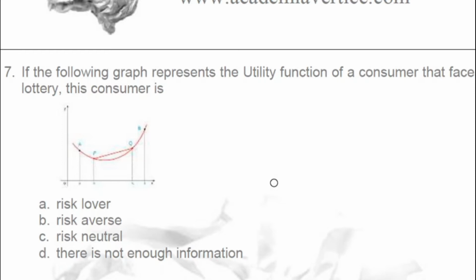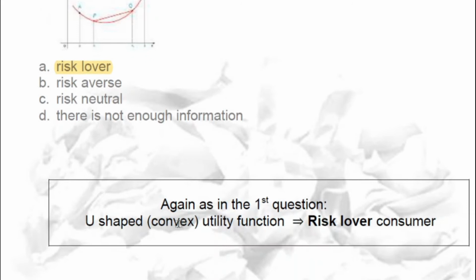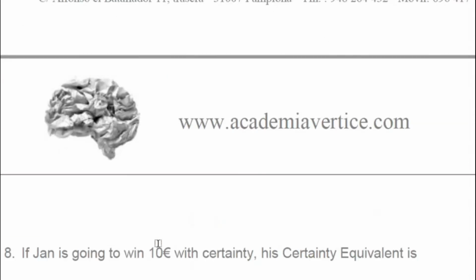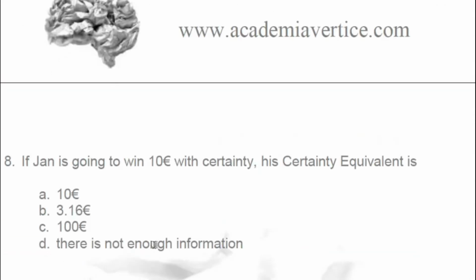Question 7, the lottery graph. The following graph represents the utility function of a consumer that faces a lottery. This consumer is clearly a risk lover. As we said before, we have convex utility functions, so we are talking about a risk lover player. Now, if John is going to win 10 euros with certainty, his certainty equivalent is, of course,